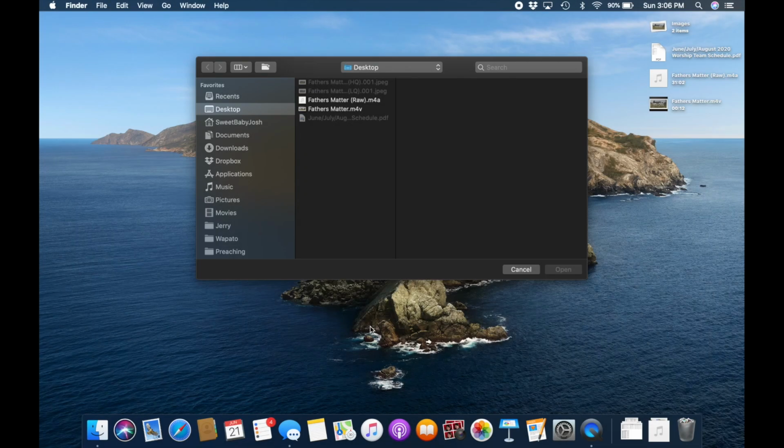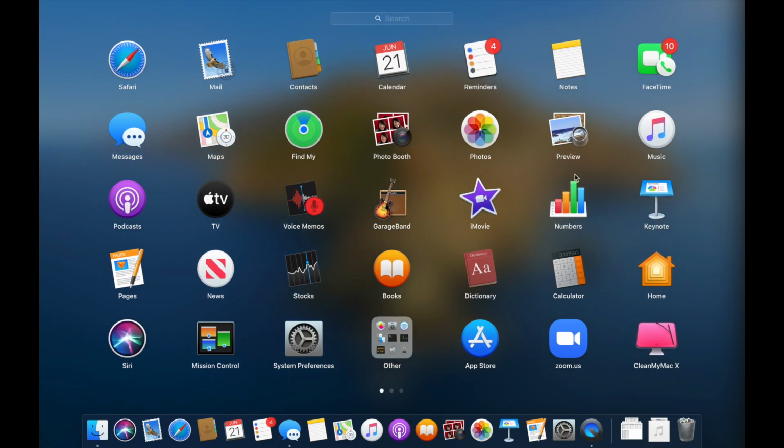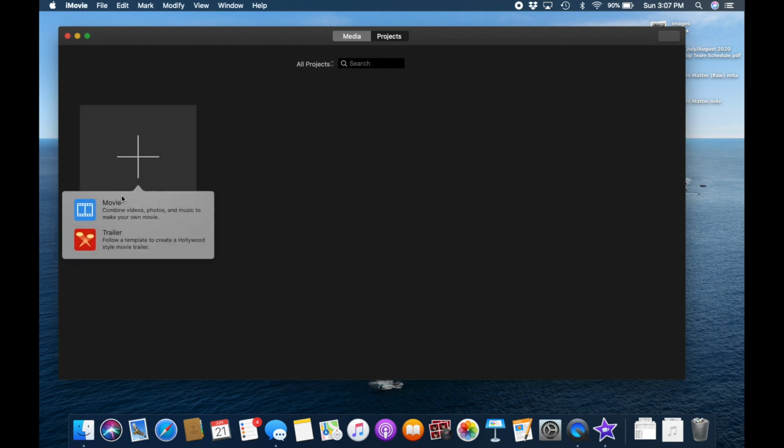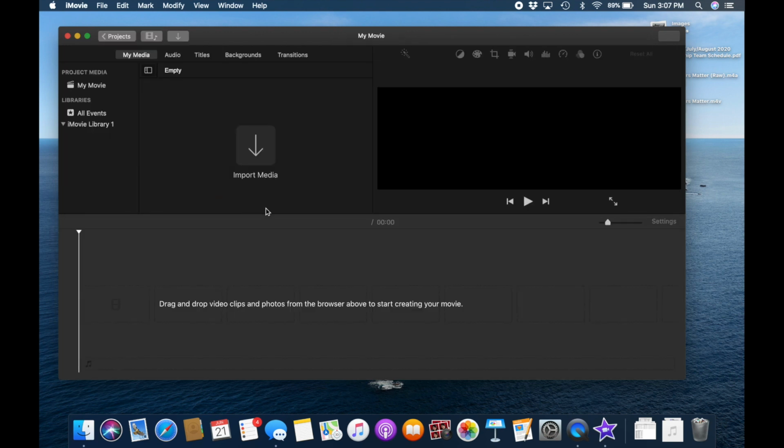Alright, I'm doing a tutorial on how to import and edit and post video for the Sunday sermons. So first you go to your launch pad, which I think takes you to all the apps here. So you click on iMovie. Maybe it starts with a blank screen like this. So click the Create New button and Movie. And now you're in your normal iMovie